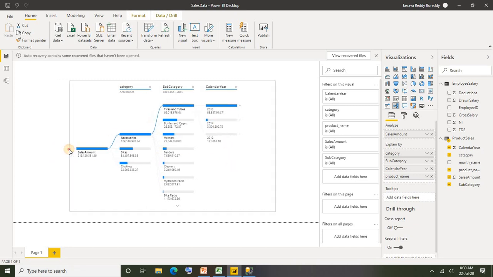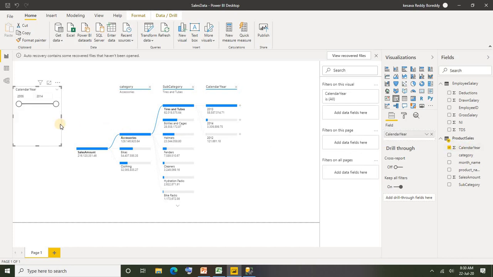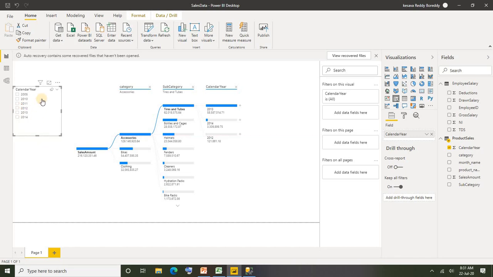All right, this is looking awesome, right? So if you give this feasibility in your real-time project, of course your business users will be more than happy. All right, and also your report will, of course, create a lot of impression as well, right? Okay, and if you want to add slicer, of course you can go ahead and add slicer. Maybe if you want to add calendar year as a slicer, of course you can, or maybe if you want to go for any other dimensions, of course you can add as a slicer. All right, if I select 2025, very less, like this you can slice and dice your data.